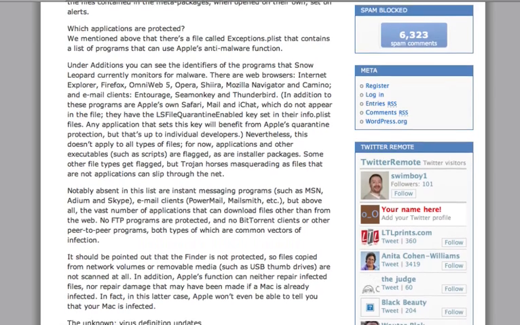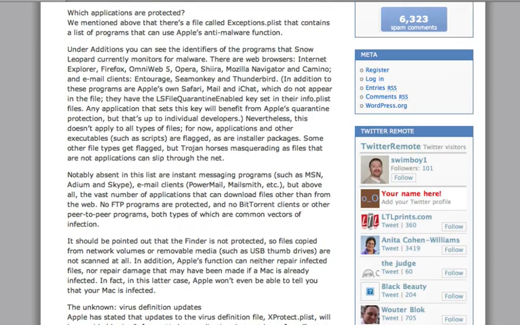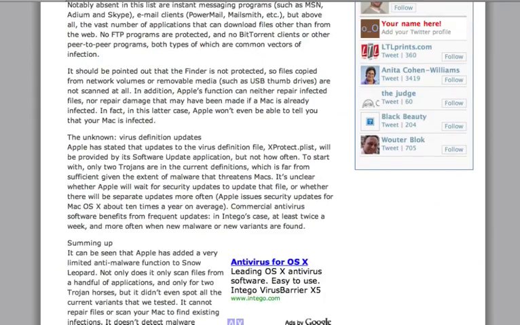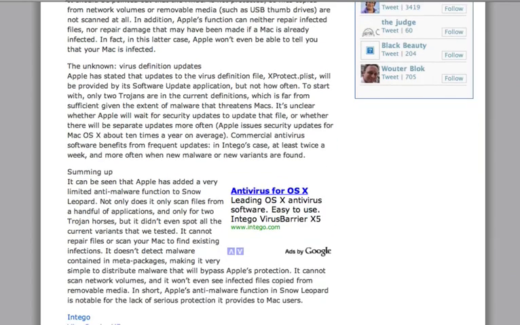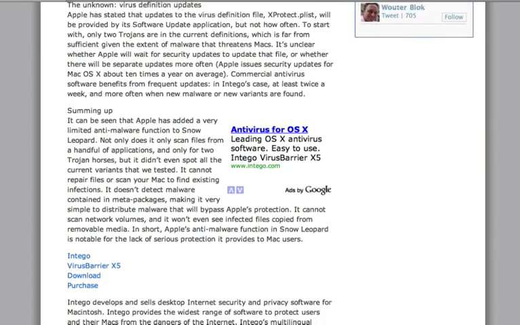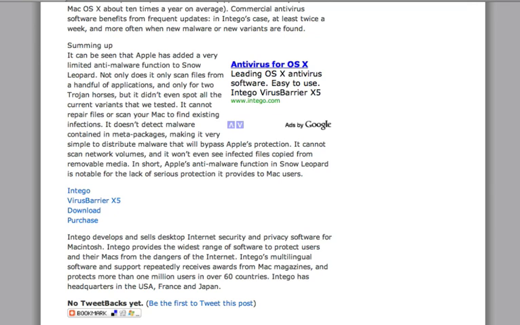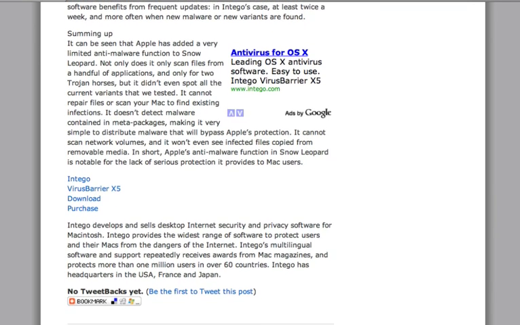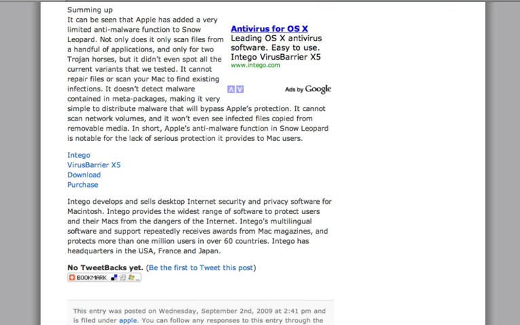Which applications are protected? We mentioned above that there's a file called XProtect.meta.plist that contains a list of programs that can use Apple's anti-malware function. Under LSRiskCategory you can see the identifiers of the programs that Snow Leopard currently monitors for malware. There are web browsers: Internet Explorer, Firefox, OmniWeb 5, Opera, Shiira, Mozilla, Navigator and Camino. And email clients: Entourage, SeaMonkey and Thunderbird. In addition to these programs,